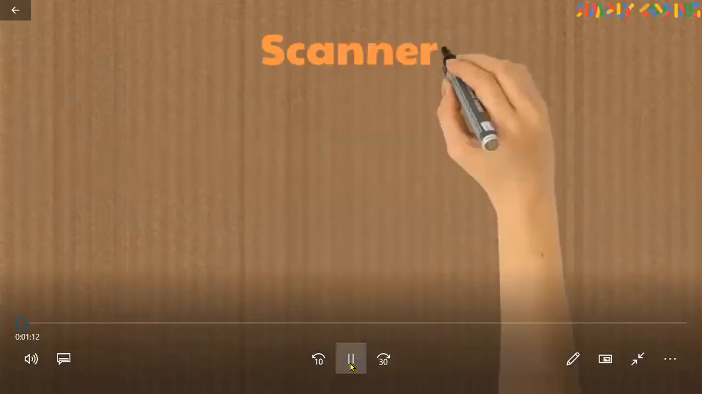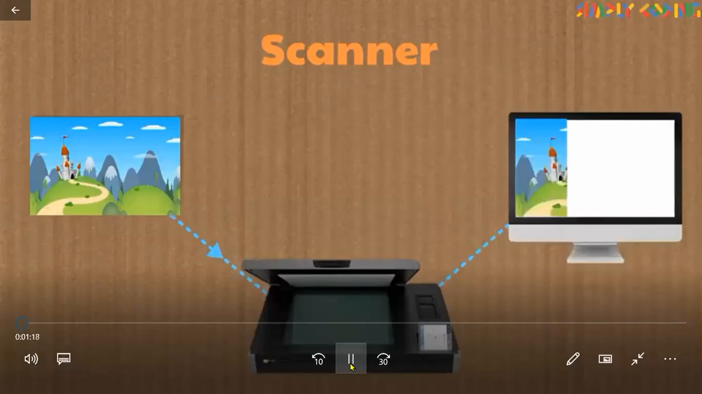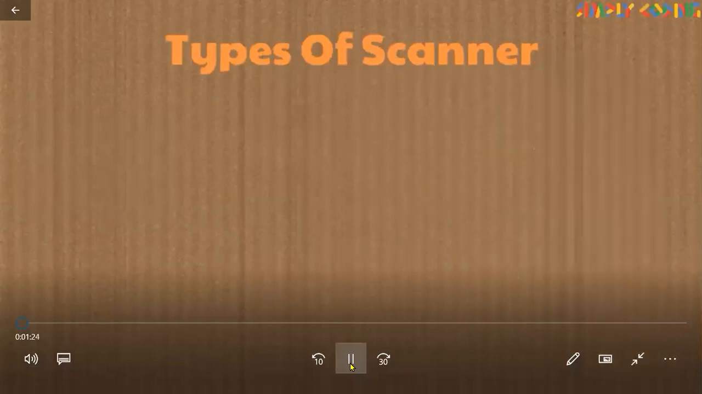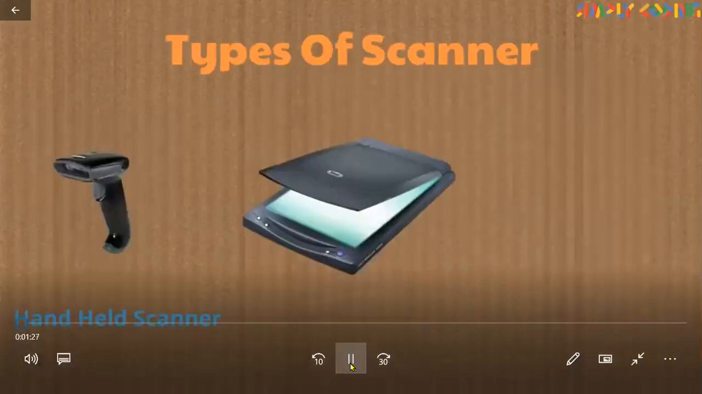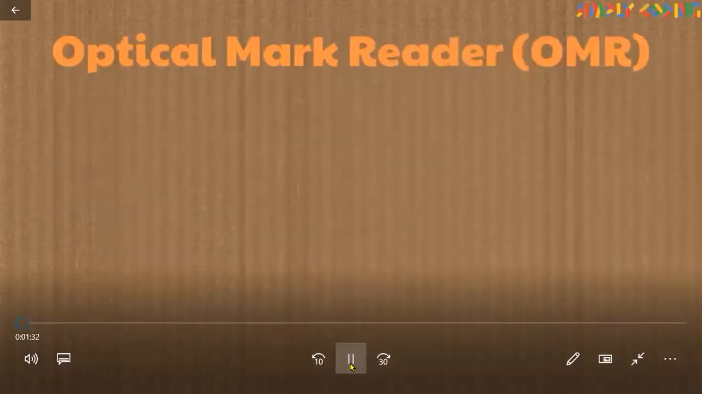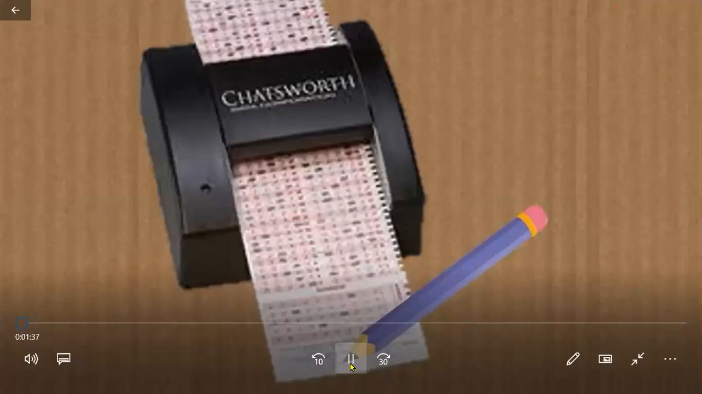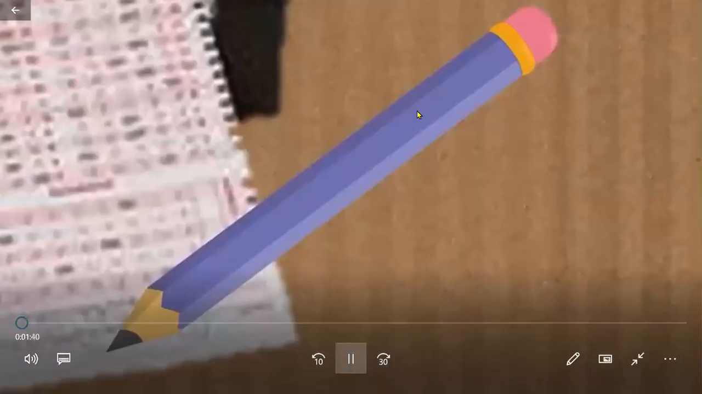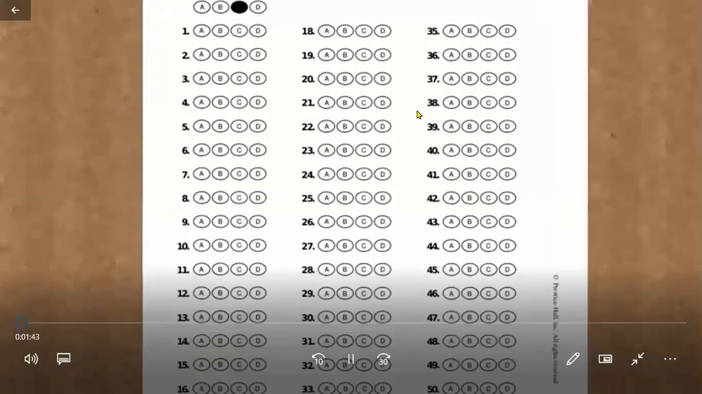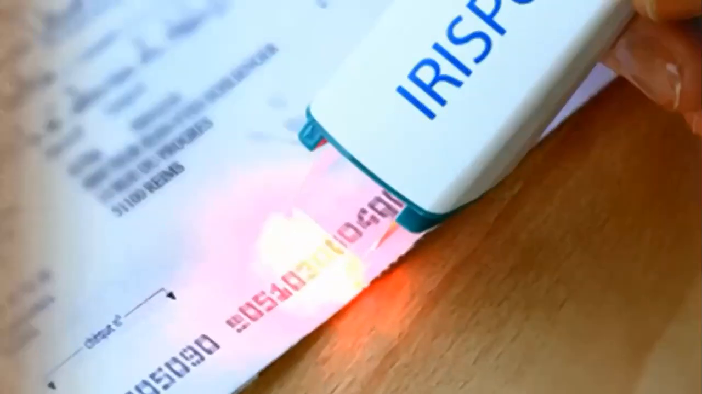A scanner works like a photocopier machine. It converts any text or images on a paper into an electronic form. Scanner comes in various sizes from small handheld scanner to flatbed scanner to fast drum scanner. There are some special scanners like OMR or Optical Mark Reader which can recognize marks made by pen or pencil and are used to check answer sheets which have multiple choice questions. Many scanners also come with OCR or optical character recognition which can convert images or printed documents to editable text